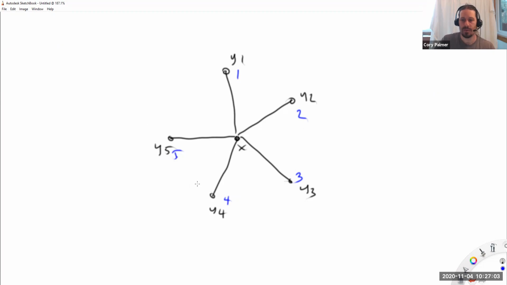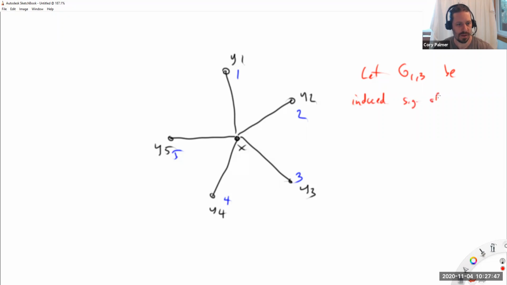Okay, so now my goal here is something similar to one of the proofs of Brooks's theorem. I want to recolor the graph in such a way that X sees a repeat of colors, right? Like if I can change this 2 into a 1 or 3 or 4 or 5, then X will have color 2 available to it, right? If I can get any repeat among these, I can do that, okay? In one proof of Brooks's theorem, we built up these different colored paths among vertices, and we actually want to do something very similar here, okay? So first, let G1,3 be the induced